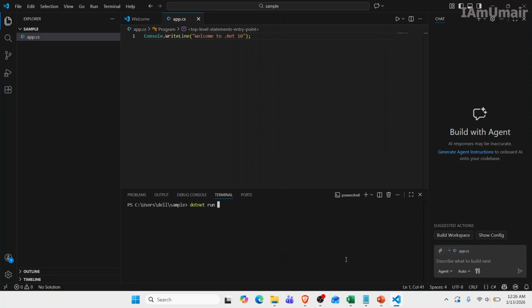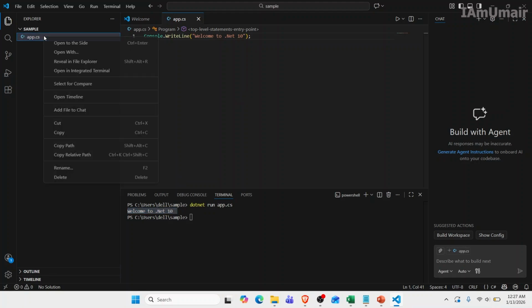.NET run app.cs. Okay, you can see the result. So you can create the standalone files and do your coding. The next option is, if I delete this one,